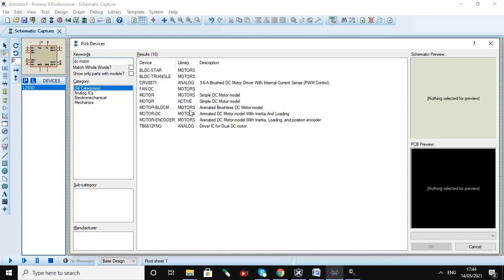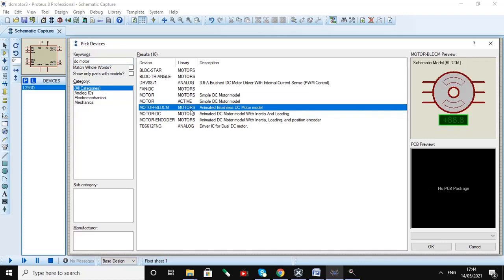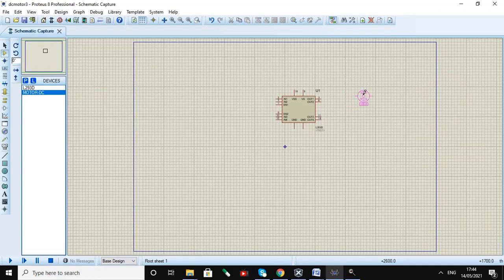Here you can select various DC motors. We are selecting the animated DC motor, so we'll use this DC motor.